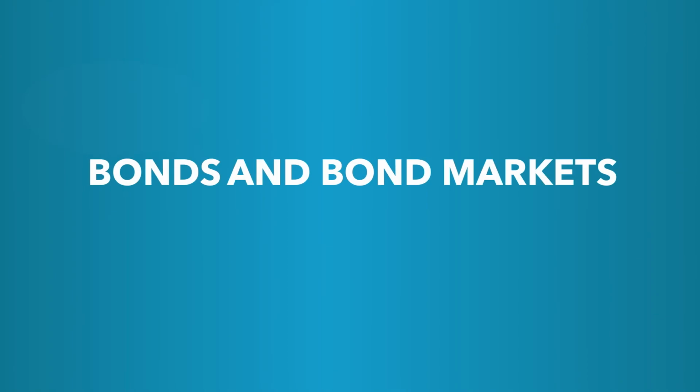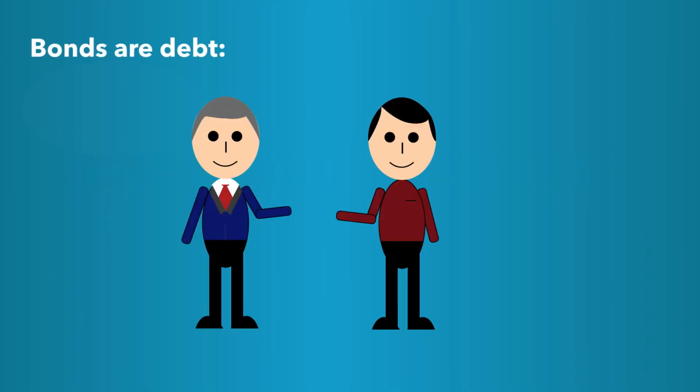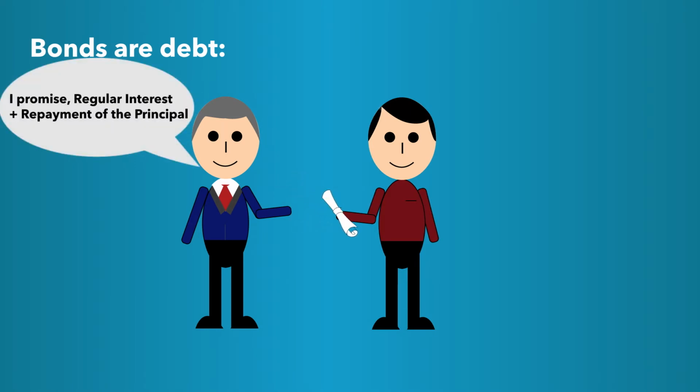Investing is primarily about using the capital markets to invest surplus cash for the longer term. As in the money markets, when you invest in the capital markets, you are selling liquidity. Bonds and bond markets. Bonds are debt. The bond issuer borrows by selling a bond, promising the buyer regular interest payments and then repayment of the principal